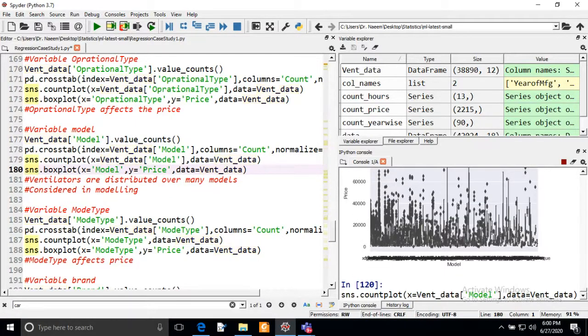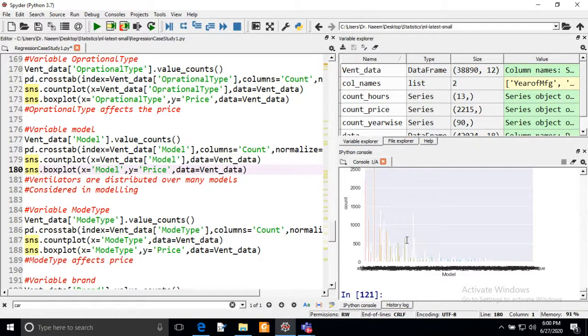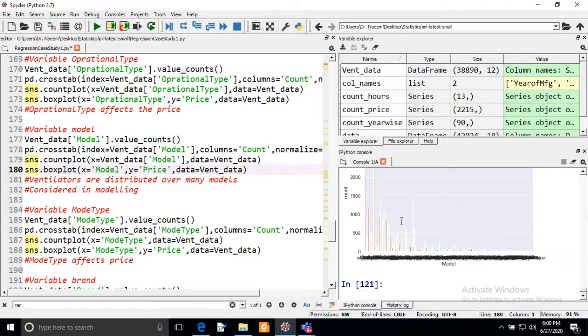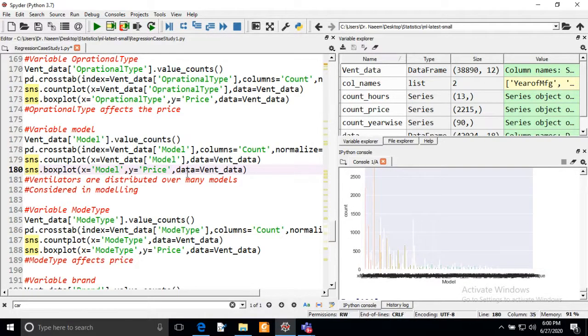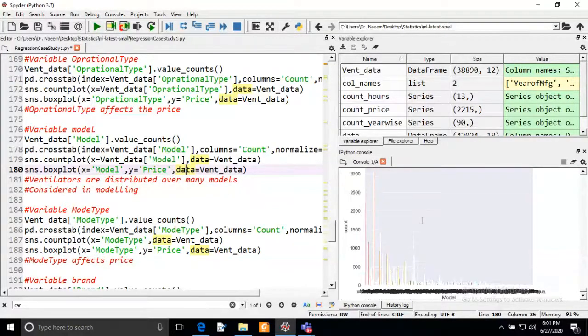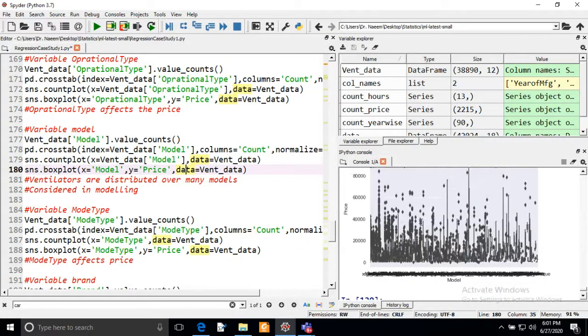So if you execute the count plot between model and price, it shows that ventilators are distributed over many models. So we can consider in modeling, it is showing the outliers, it is not showing the box plots. So that's why we can consider